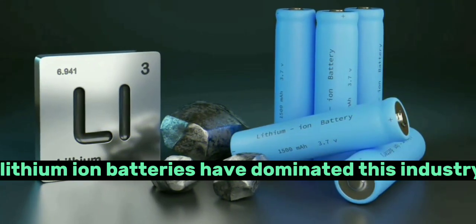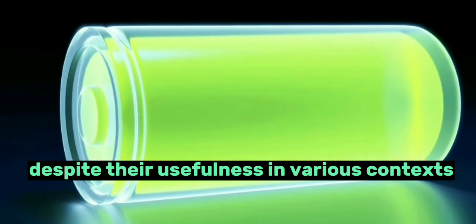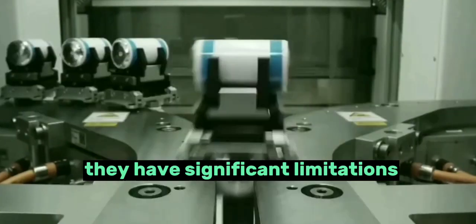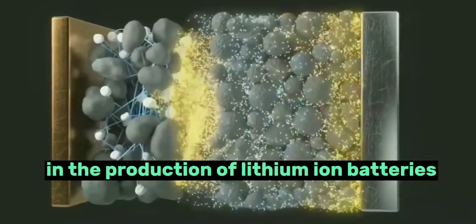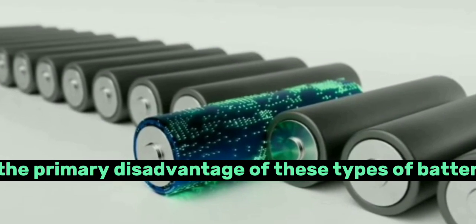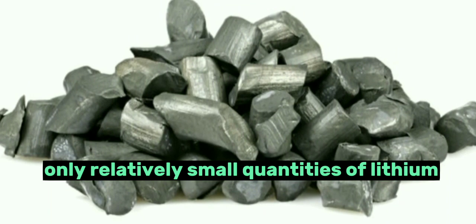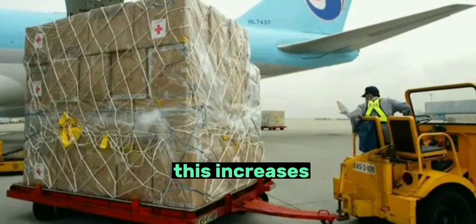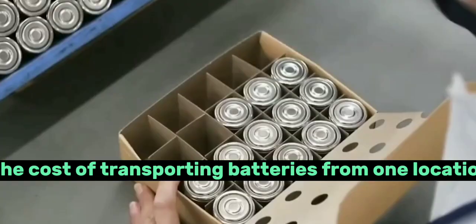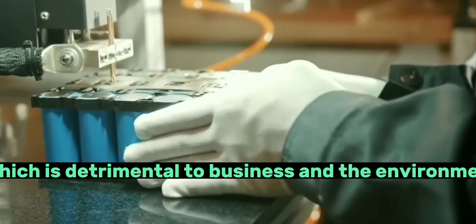Lithium-ion batteries have dominated this industry for years. However, despite their usefulness in various contexts, they have significant limitations. The high cost of lithium, which is required in the production of lithium-ion batteries, is the primary disadvantage of these types of batteries. In addition, only relatively small quantities of lithium are dispersed across the planet. This increases the cost of transporting batteries from one location to another during the manufacturing process,